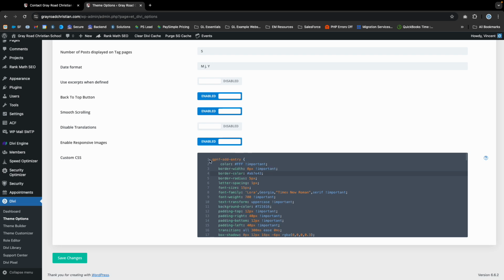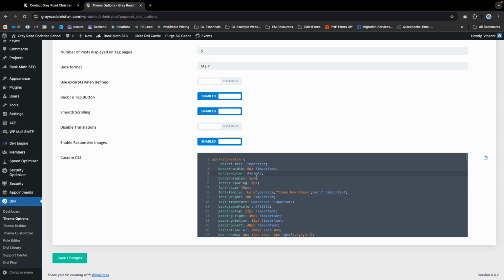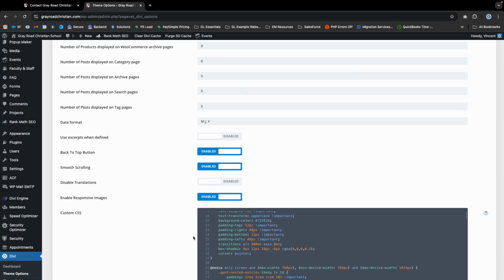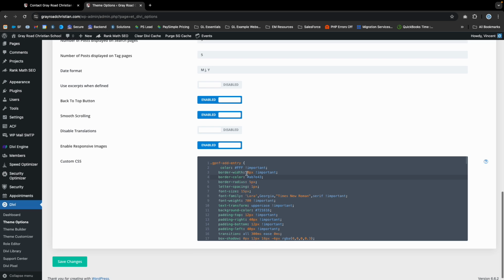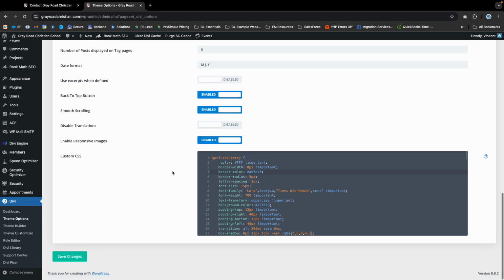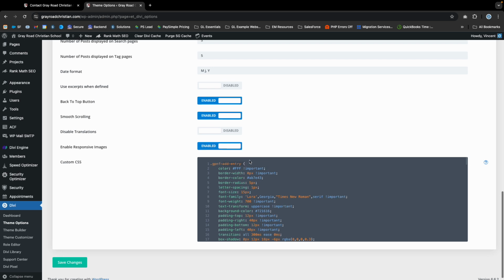So the key is anytime you see something with G, P, NF, or GF, that refers to Gravity Forms, which is the form builder that's used for typically all the forms on the website, unless you're using a third-party form for some reason. But typically anything on Gradelink websites is going to be built with Gravity Forms for any type of form. What we adjusted on this one is add entry. So the add entry one is actually pertaining to the button style for